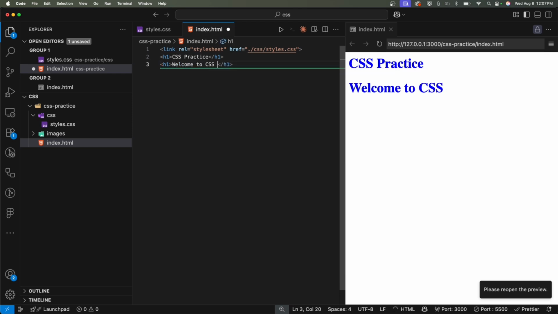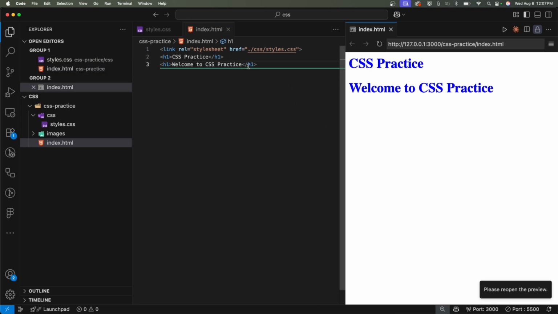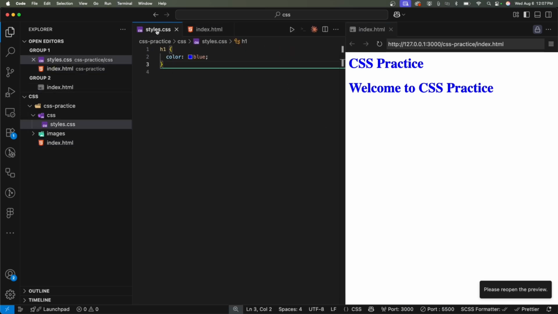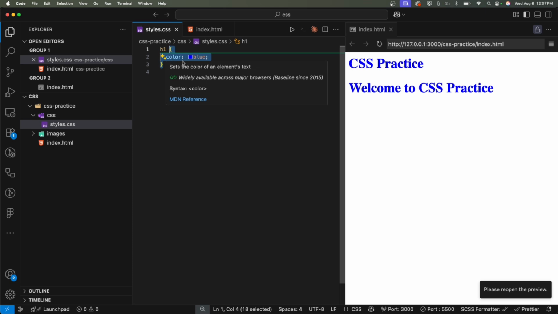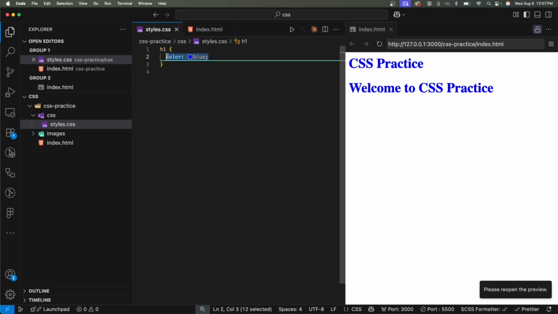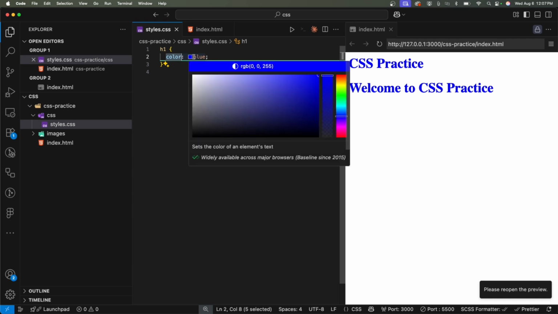Welcome to CSS practice. You can see it's the color blue. Then there's the declaration block, which is all this I just selected. That's everything inside the curly braces. So this would be everything inside the curly braces, which is the declaration block. Then we have the property. In this case, it's the color property, and it's what you change, which is what we gave it a color,